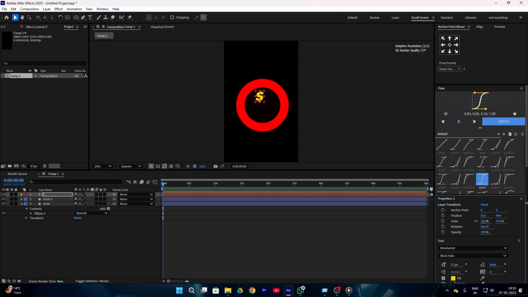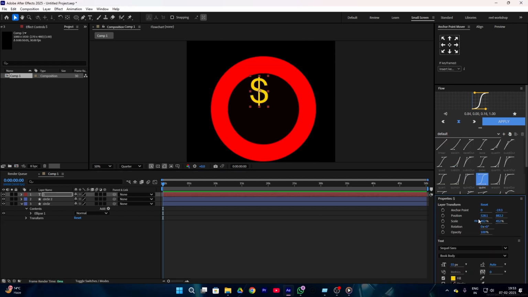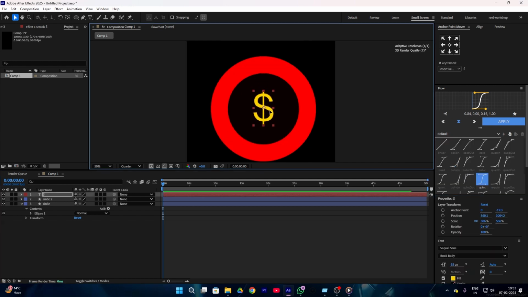And I'm trying to find a similar font and I got this SQL Sans font, and this one looks pretty similar, so I'll provide the font link in the description. So firstly let's place this in the center and then go to this fill option and change this yellow color